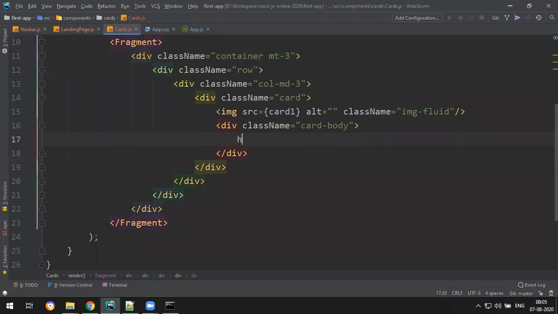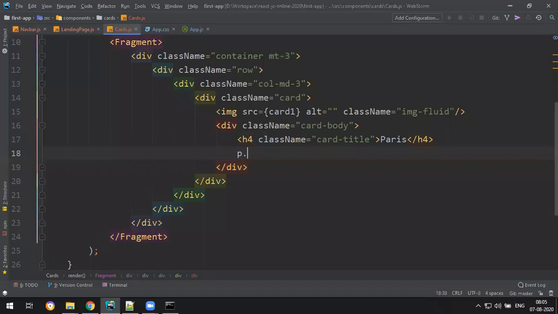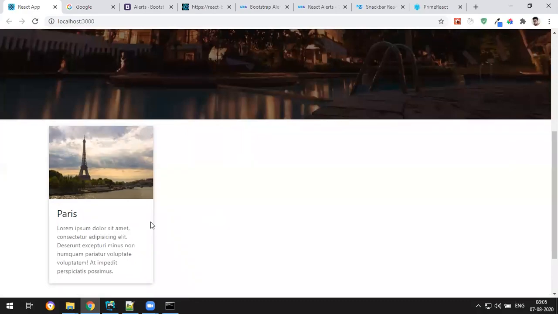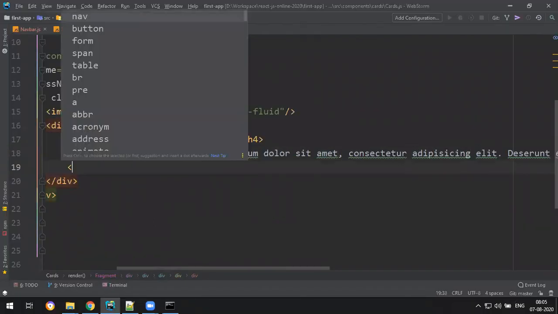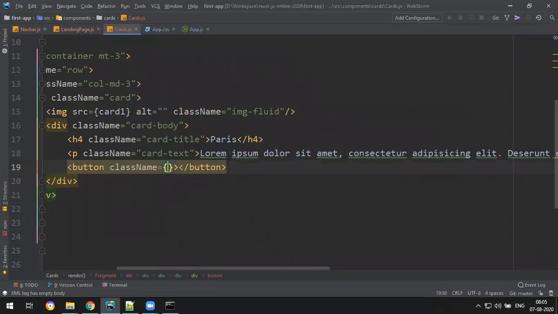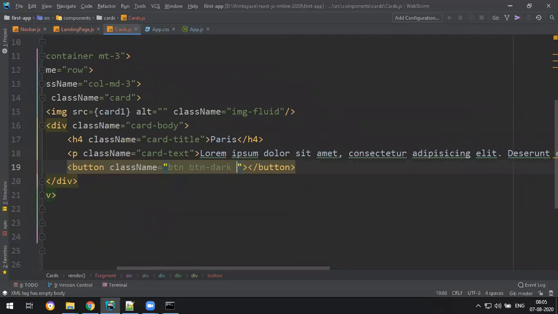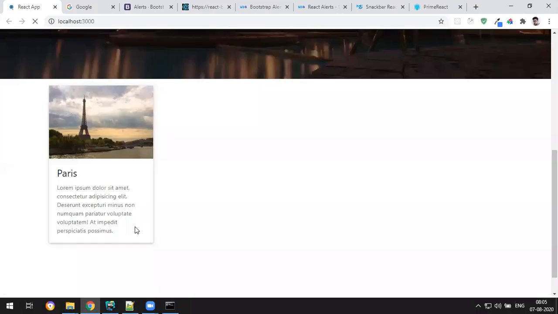So let's add some h4 with the class called card-title. I'll add Paris, p with the class called card-text, some lorem 20 tab. You get some text. Okay, and I want to display one small button with the class btn btn-dark and btn-sm. So this will be something called Book now. Okay, so you get the Book now button.